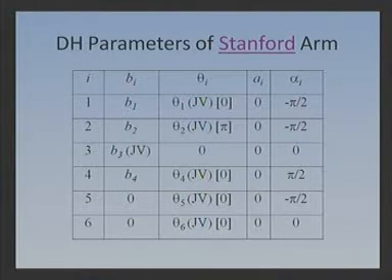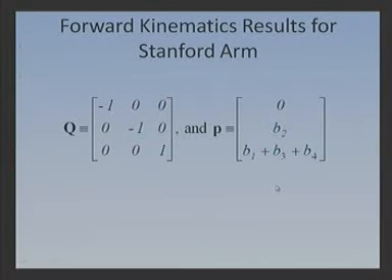Theta 2, d3 is the prismatic joint, so it is the joint variable here, and then theta 4, theta 5, theta 6 and so forth. Again using the values of those joint variables corresponding to the diagram, if I calculate Q, it shows this